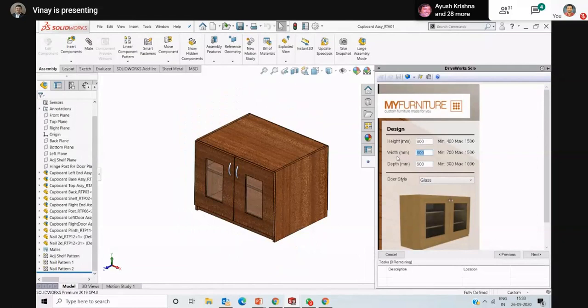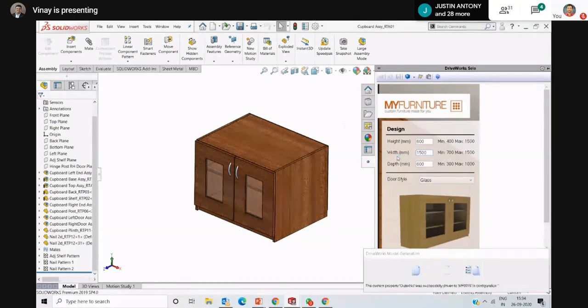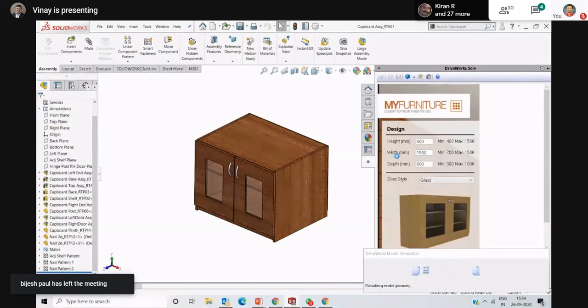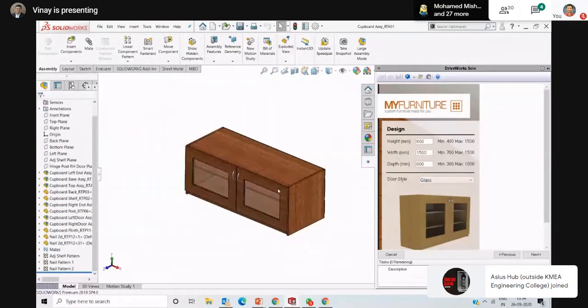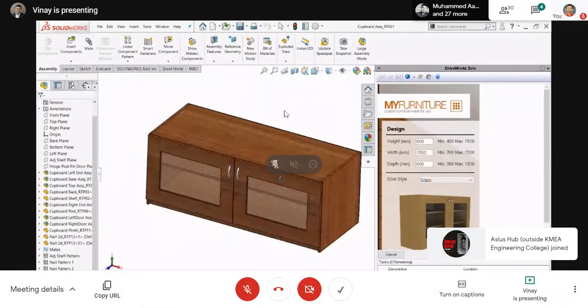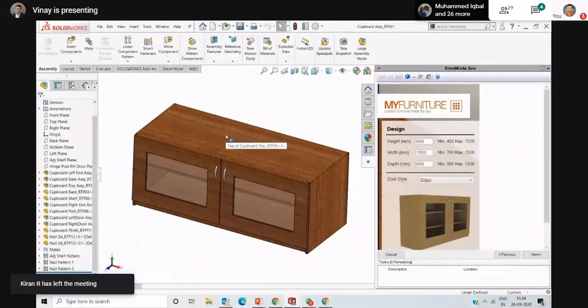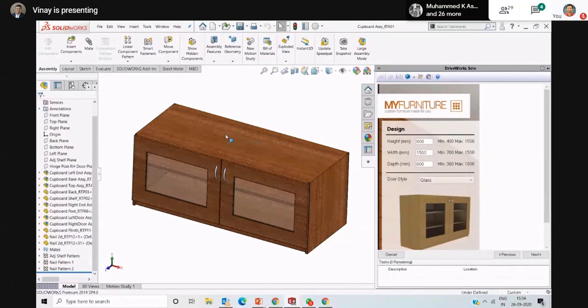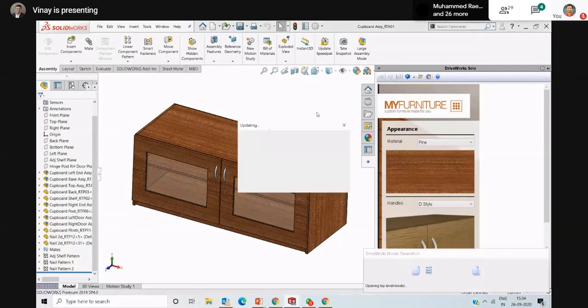I will tell width, I want some 1500 width. See? So now it has become a shoe rack. So the customer will order this, and he will design. So the customer got the satisfaction: yes, I designed my shoe rack myself. And okay, I don't want a dark color, I want some light color. So then I will go and tell paint.